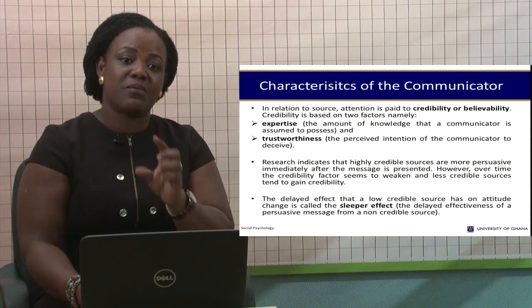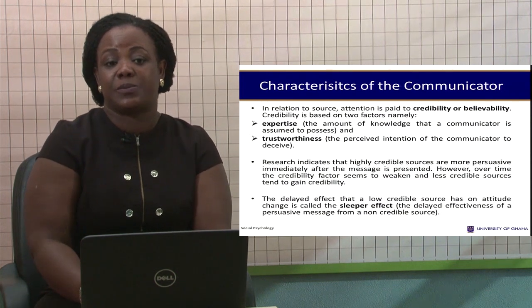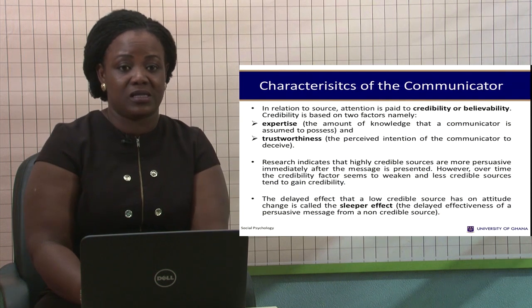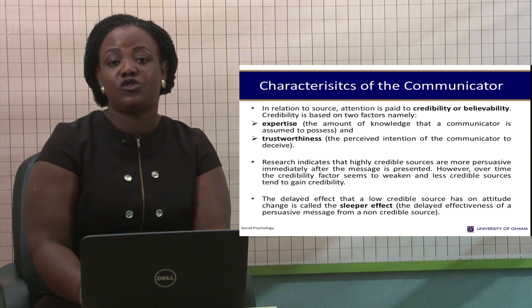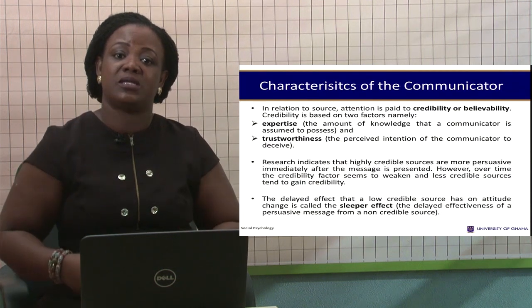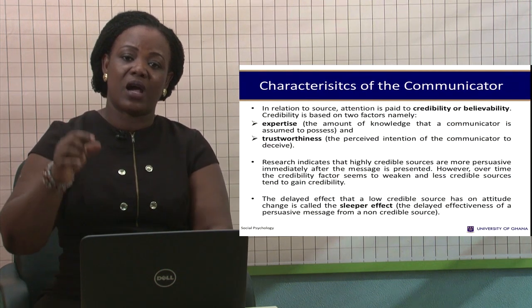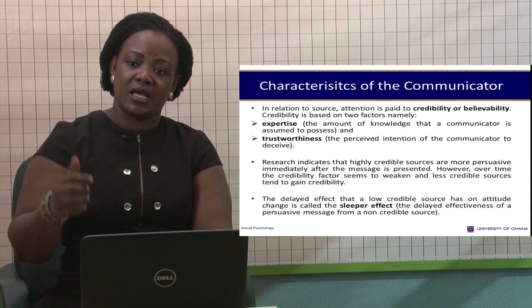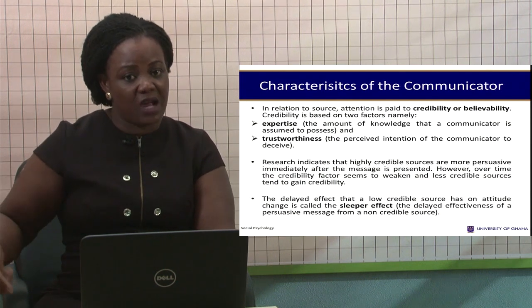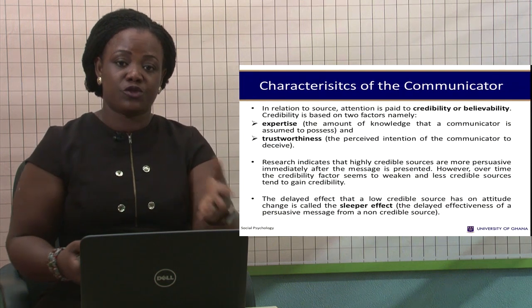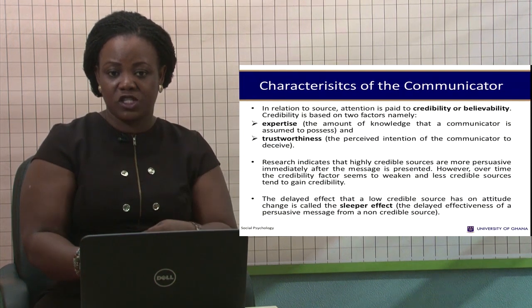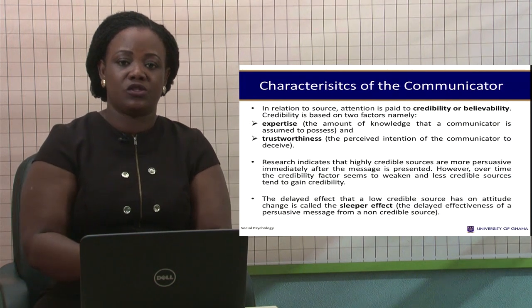And credibility is measured by two factors. Expertise: the person giving the information, is the person an expert on the subject? And trustworthiness: is the person trustworthy? The person has no intention to deceive. The person is believable. So when you have these variables present, this is an expert on the matter, and this is a trustworthy person because from his track record, he or she has been truthful, then you can trust such a source for information that can result in attitude change.